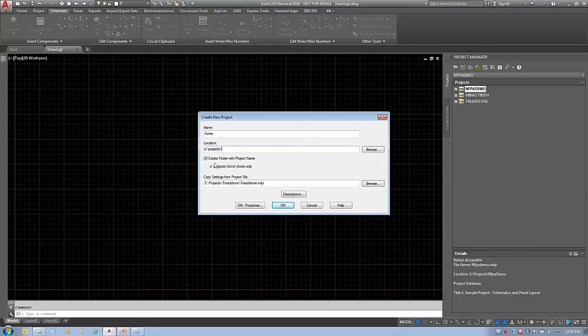Also, I like to create a folder, so it's actually going to create a folder under there for my project and create the WDP file based on my name up here. Now this one I'm going to blank out the copy settings from project file. The reason I'm doing that, if you don't have anything selected here, then whatever your active project is, that's the settings it's going to copy. So that's why I changed the NFPA demos so this would copy those settings just to be able to show you. Now we're going to come back to these next 2 buttons after we do this one, because this one's